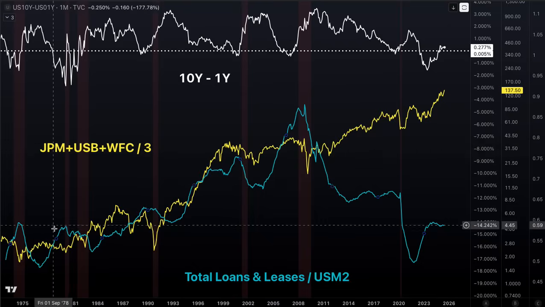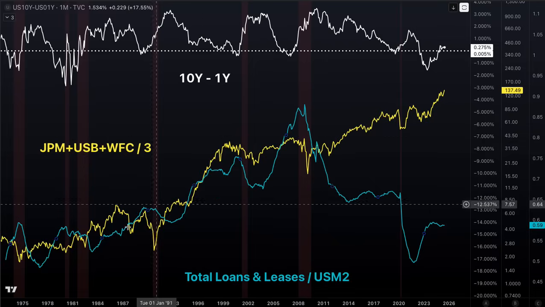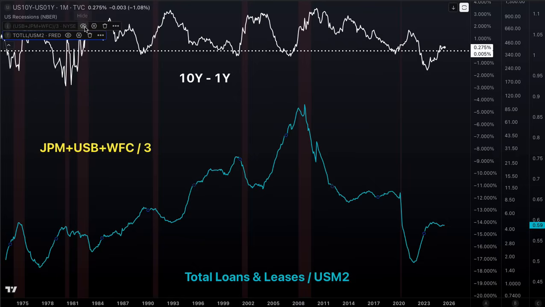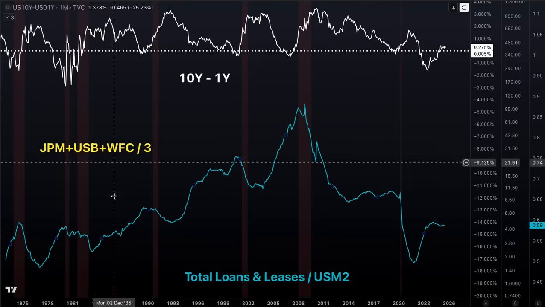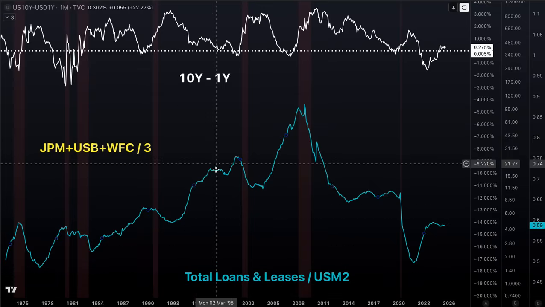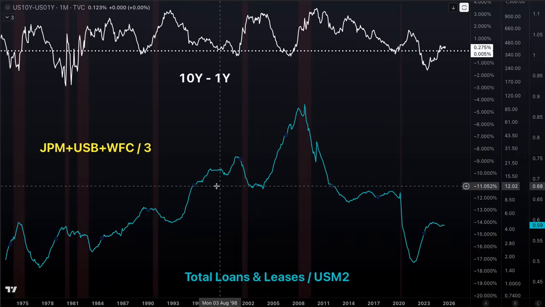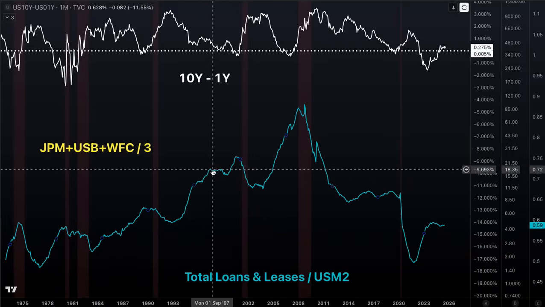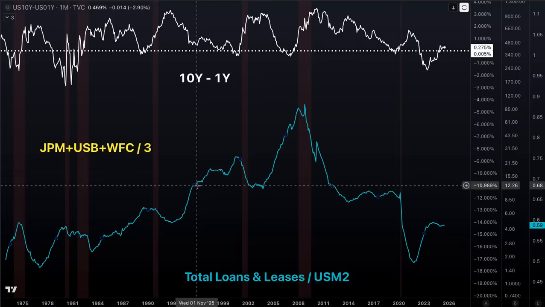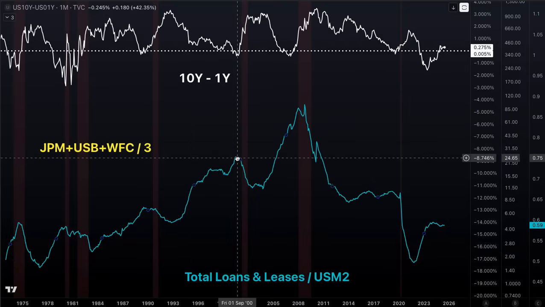But not only do the banks start to decline before the recession, but total loans and leases also do. So I'm going to take off the stock price of the banks. Here we're just looking at total loans and leases divided by M2. Remember, as this blue line is going up, the banks are issuing more credit into the economy than the official M2 money supply is growing. They might both be growing, but total loans and leases by private banks is growing faster. Well, look at what happens. It peaks out.